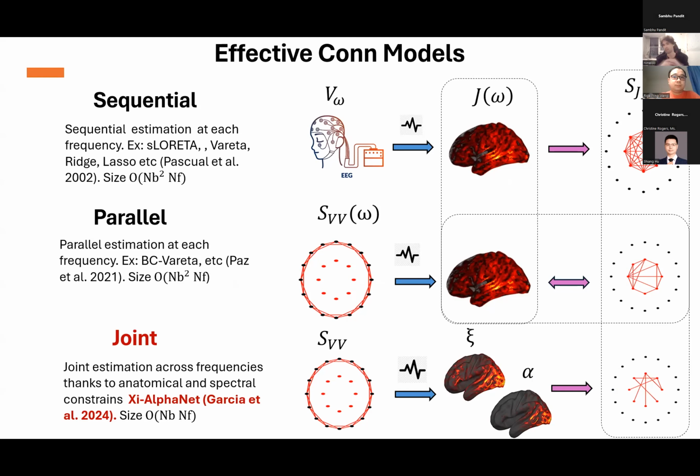You have also parallel estimation at each frequency, and what you do is basically, on each frequency, you map the cross spectra in the scalp to the activation in the source at that frequency, and in parallel also the cross spectra at that frequency. The problem these two types of effective connectivity models have is that the size of the data that you produce for every subject in the source space increases with the number of voxels squared. So this becomes a problem if you want to perform high resolution source analysis in large data sets.